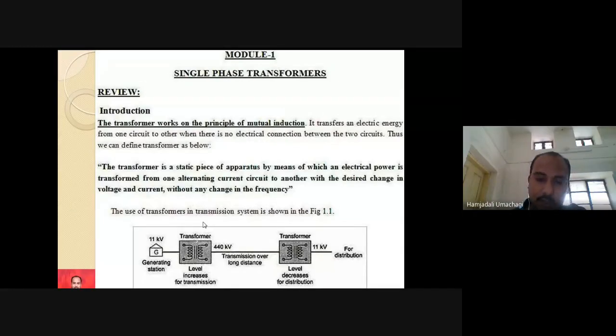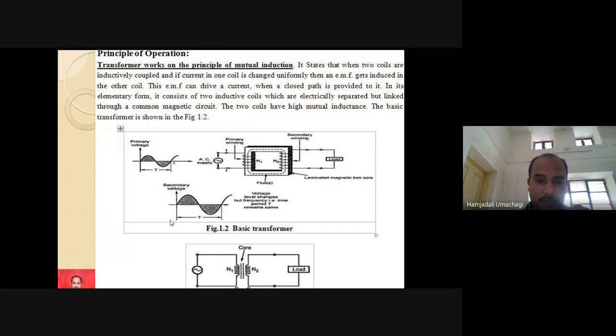Very good. Don't worry, today I'm going to brush up the basic things whatever you have studied in basic electrical. Then comes principle of operation. This is the primary side of the transformer, and the secondary side of the transformer. We give an AC supply voltage, then the power supply goes to the secondary side connected load. So this is my input signal. Input signal is sinusoidal, and this is my output signal, at the secondary side. At the secondary side also, we are going to receive the same sinusoidal signal only.